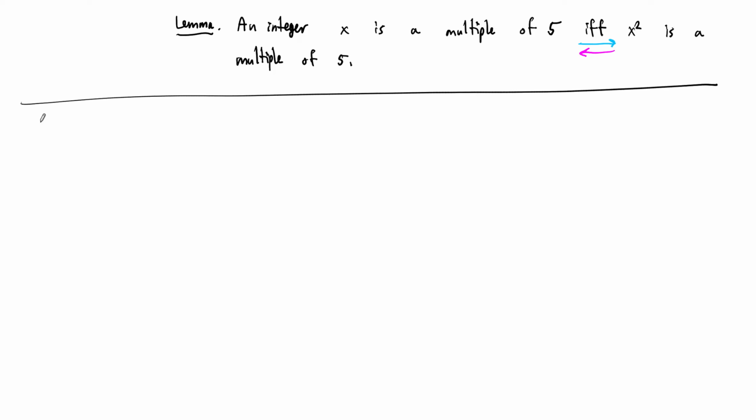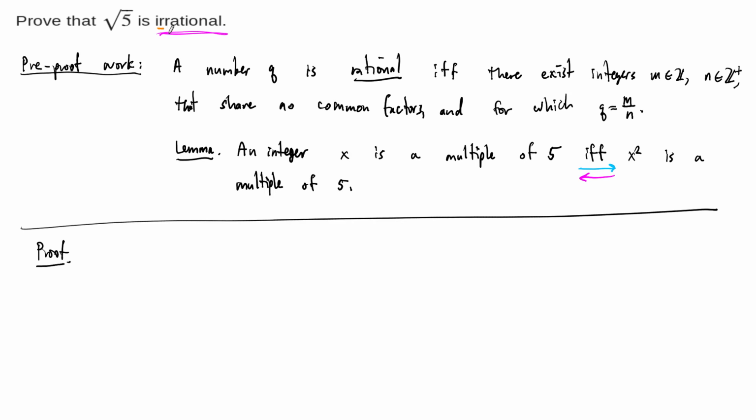Okay, there we go. So we state that we're starting our proof. Our initial assumption in a proof by contradiction is the negation of the original statement. So let's suppose that the square root of 5 is indeed rational. Then we can apply our definition. So then there exist integers m and n such that